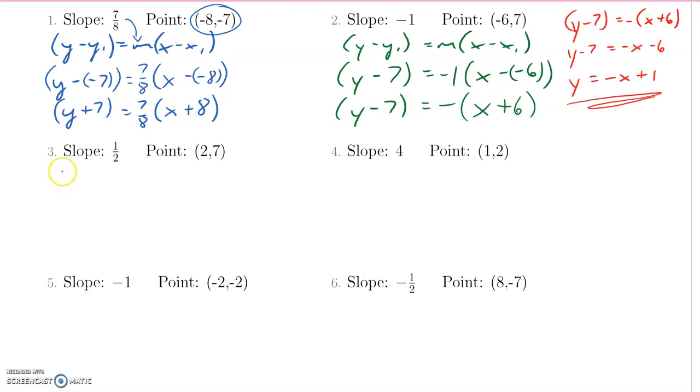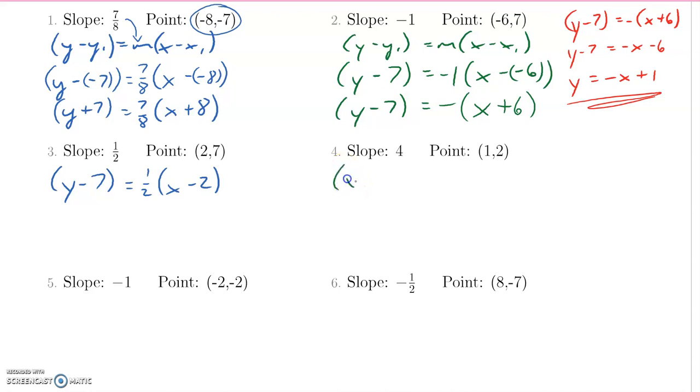So anyway, if we would do that, it'd be y minus the y value I have here, which is 7, and that's going to be equal to my slope, which is 1/2, and it'd be x minus 2, something like that. And that would be my point slope form. Okay, and then if I want to, I could convert this into the other form as well, into slope-intercept form. Okay, but we're not going to do that. We'll jump to this one over here.